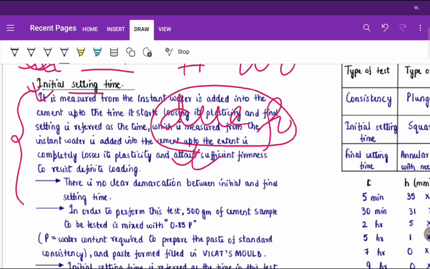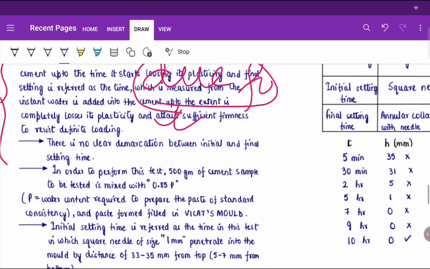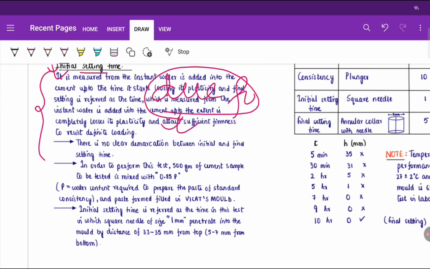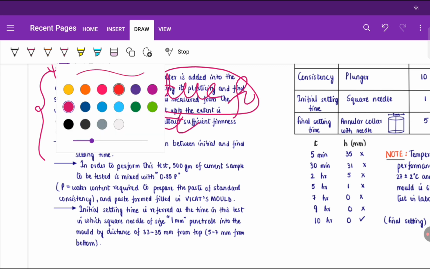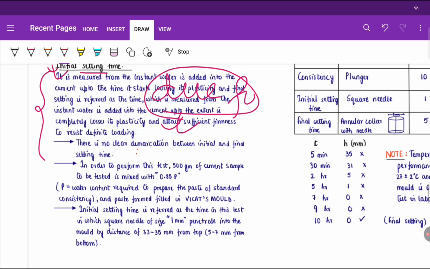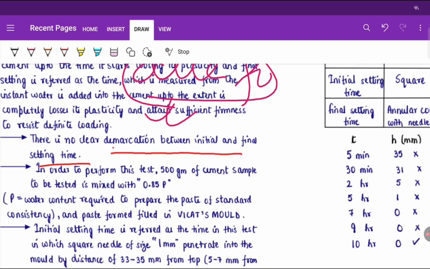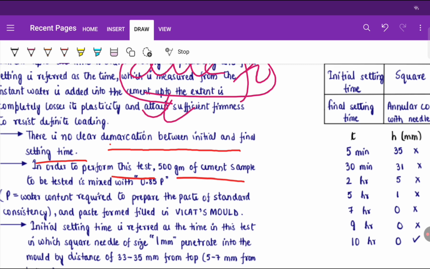So let us see how these tests are performed. One thing is that there is no clear demarcation between initial and final setting time. There is no boundary. We cannot say directly that this mass is initial and this mass is final. So in order to perform this test, 500 gram of cement we take, then we mix